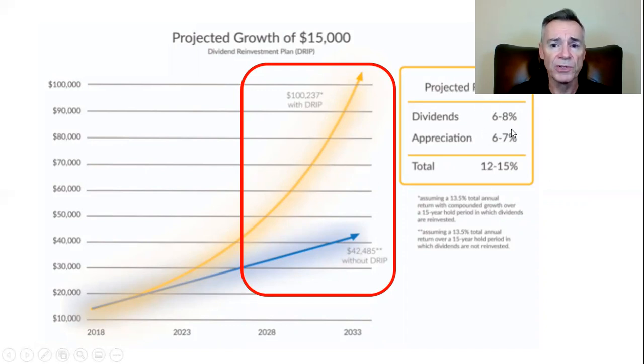Plus that dividend, if you were to reinvest it, obviously is a healthy percentage of reinvested cash. Look at the difference here over a period. So this is showing you a 15-year hold period. Without a DRIP, your investment would have been worth, if it were $10,000 at the beginning, $42,000, which is a great return on investment over a 15-year period. But if you reinvested your dividends, assuming that you were paid a dividend as well, it would be worth over